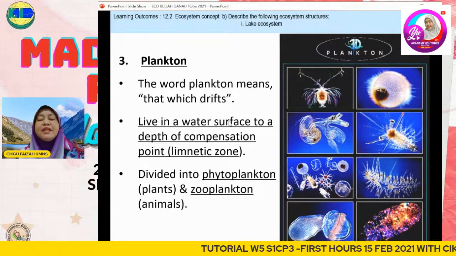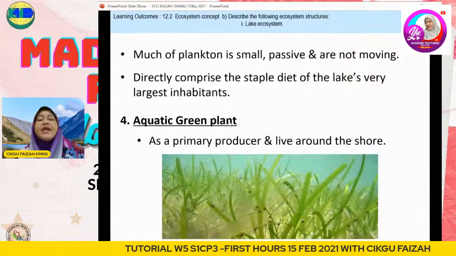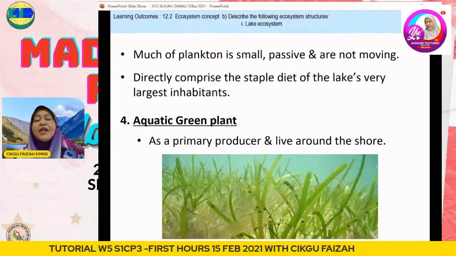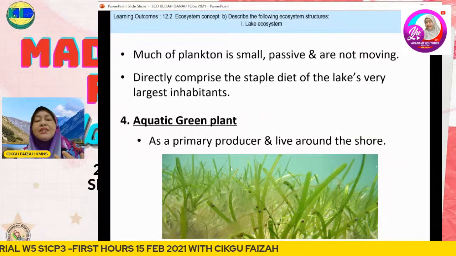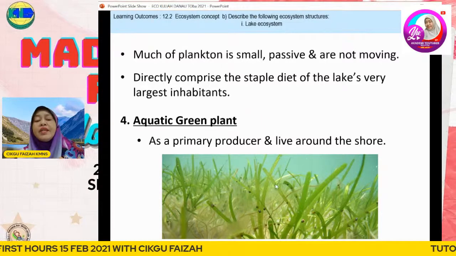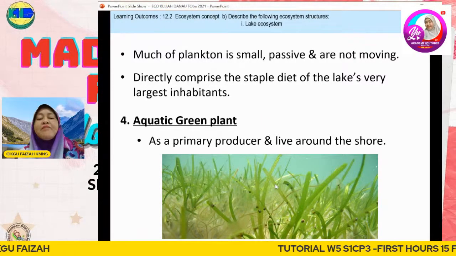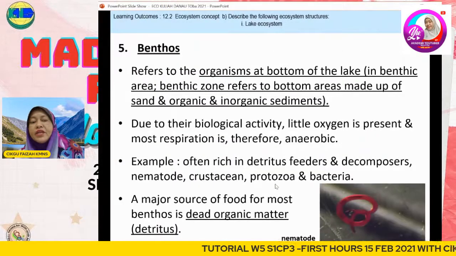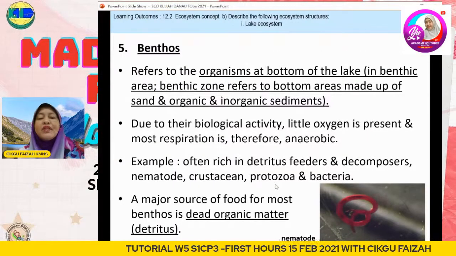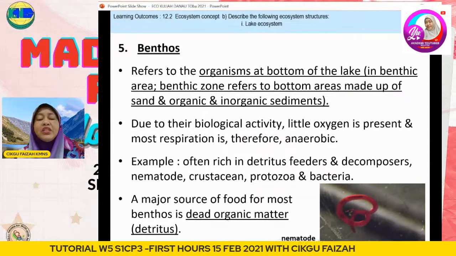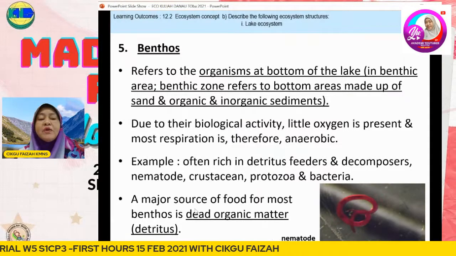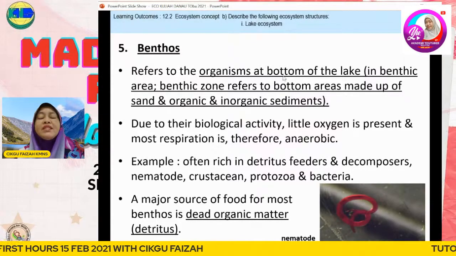Okay, so limnetic zone, plankton. And then aquatic green plants, right? Aquatic green plants, as you all know, this is under the deep water. So it's a primary producer, right? And then benthos. So benthos is mostly detritus. Okay, get used to the term detritus, where this organism stays in the